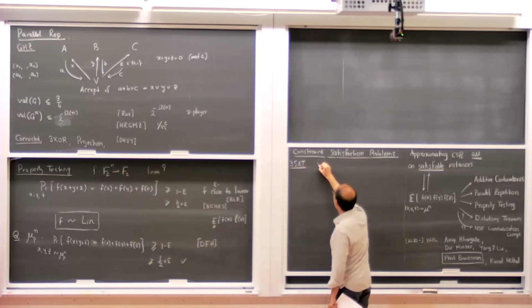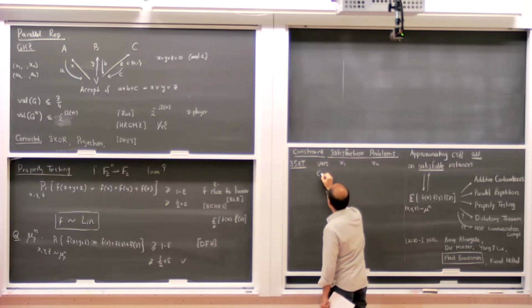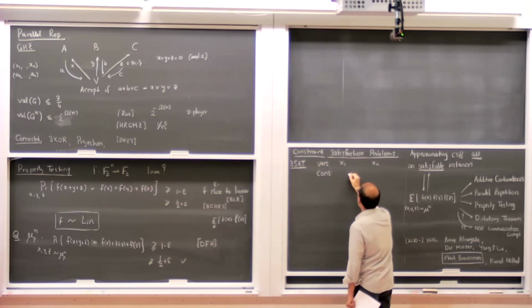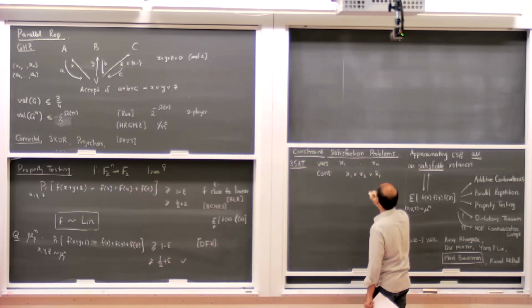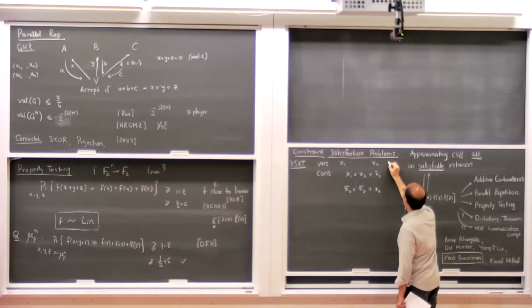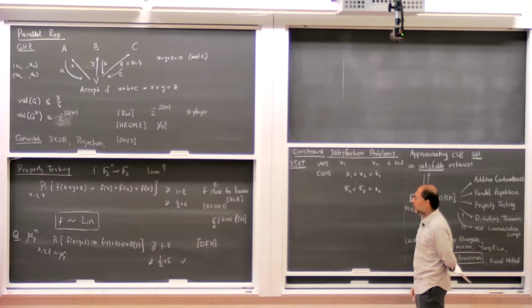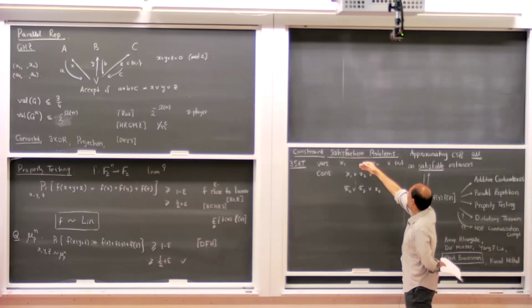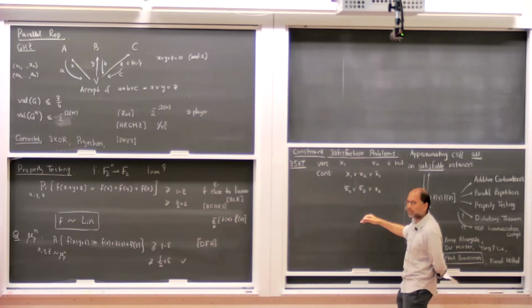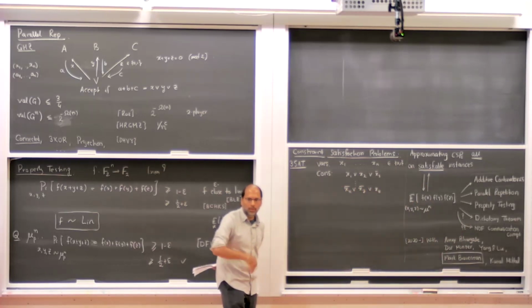So what's 3-SAT? You have variables x1 to xn, and you have constraints where a typical constraint looks like this, maybe x1 or x2 or x3. You could have negations, maybe x sub n or x sub 7 or x sub 5. Maybe you could have negations. And these variables are supposed to be 0, 1 value or false and true value. Okay. And the instance is called satisfiable if there is a value you can assign to the variables which satisfies all the constraints. Okay. And this is a well-known NP-complete problem.